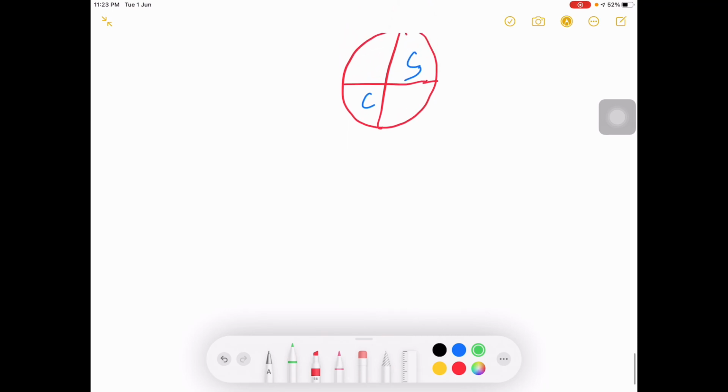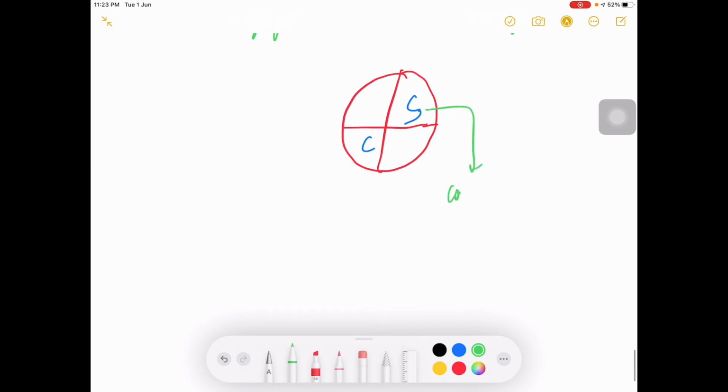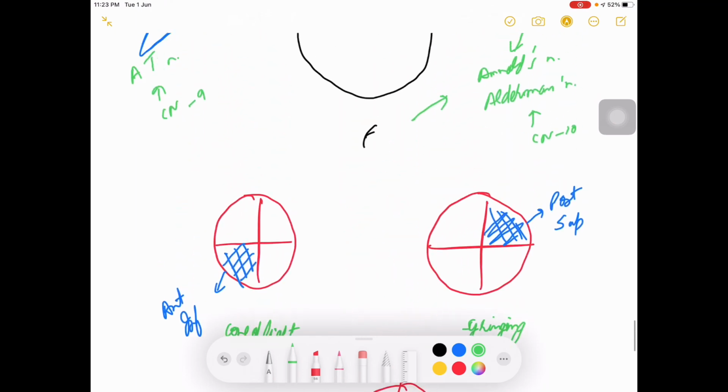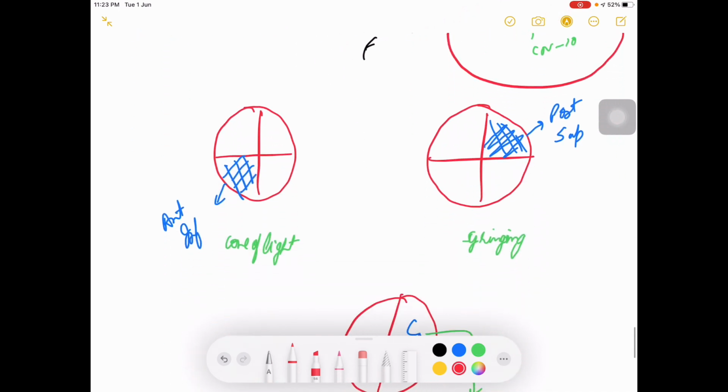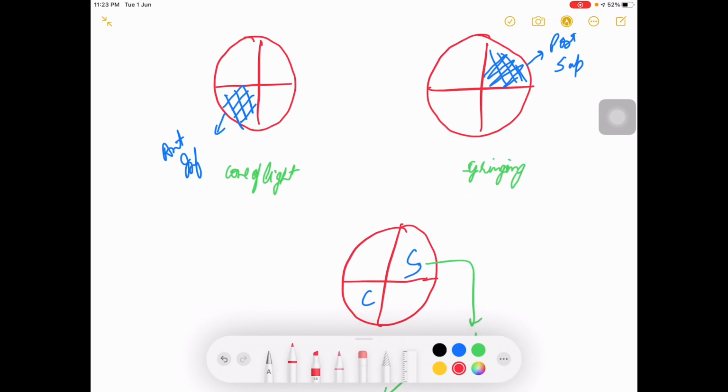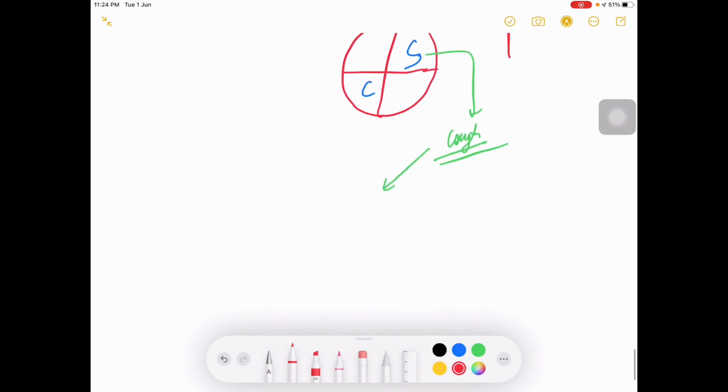While syringing, some of you who have undergone syringing must have noticed that you cough while syringing. Why is this cough taking place? Why are you having the irritation in your throat? It is because of this nerve, vagus, because vagus is the longest of all the cranial nerves. It goes up to the level of your abdomen, and it also reaches the level of your throat. So it has a branch in the throat, and a branch that is supplying the EAC, that you have already seen, the Alderman nerve. So this nerve is responsible for cough while syringing.